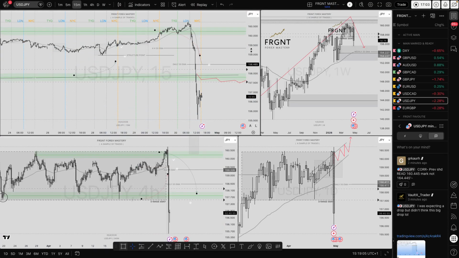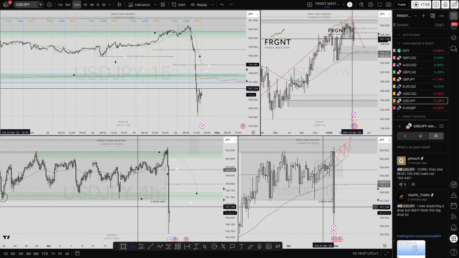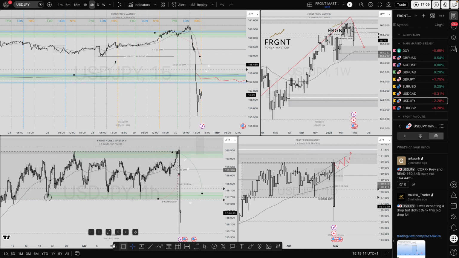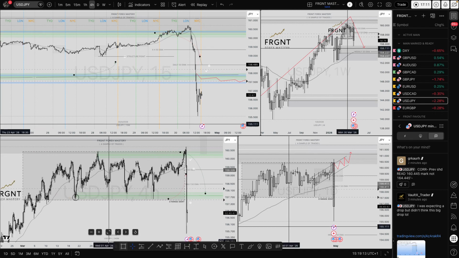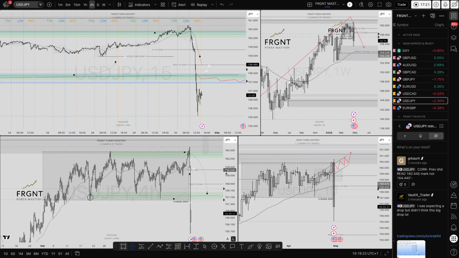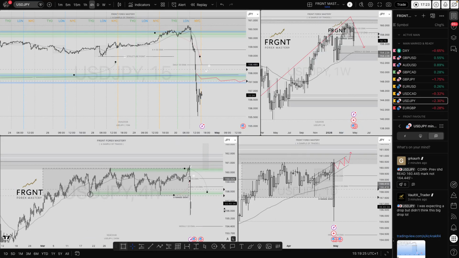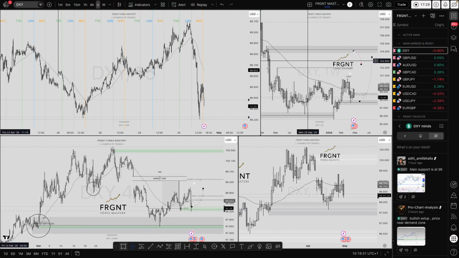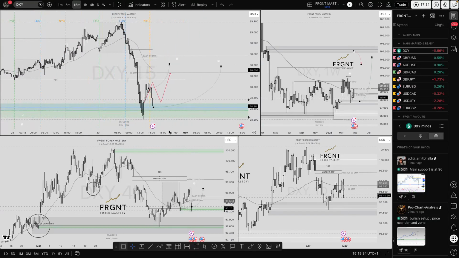And UJ, again, UJ clearly range bound, understanding how the dynamics of a range works, very, very clearly looking to short. However, again, it's not something that I wanted to short. Recognizing that the dollar is potentially looking to strengthen, I figured, well, there's no real need to take a short on a US dollar cross pair. So at the moment, not really too much is going on for me in the market. So hopefully the DXY finds its strength again.